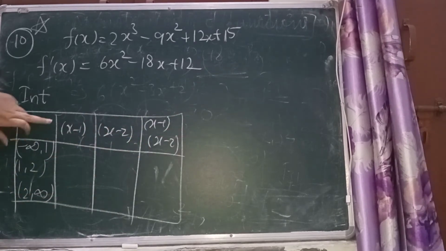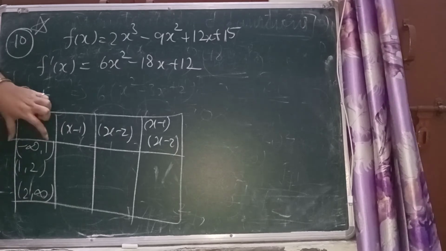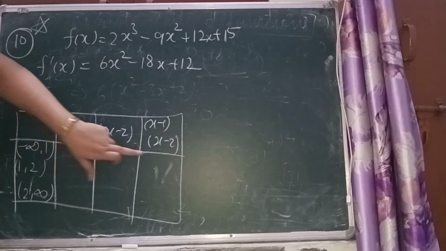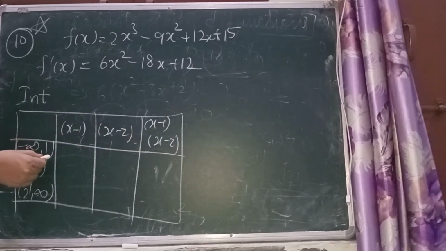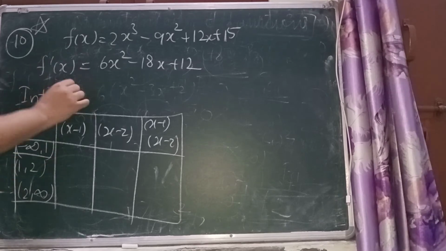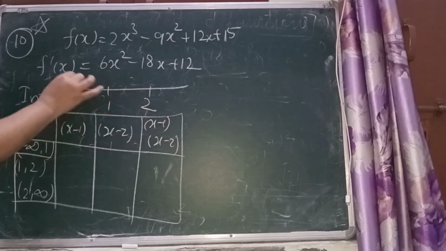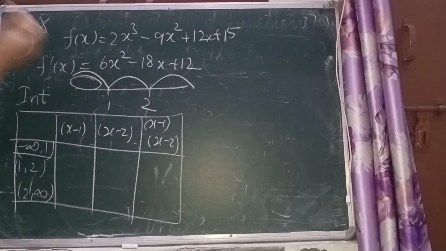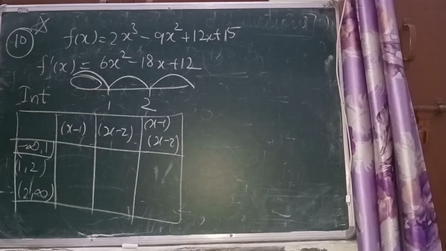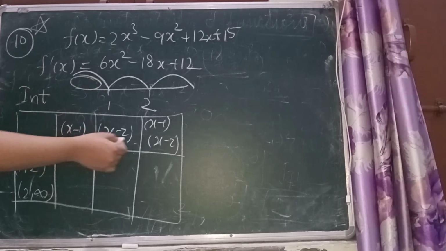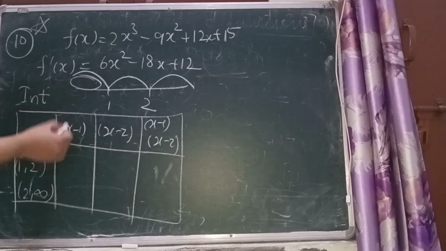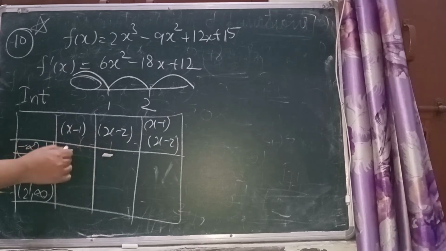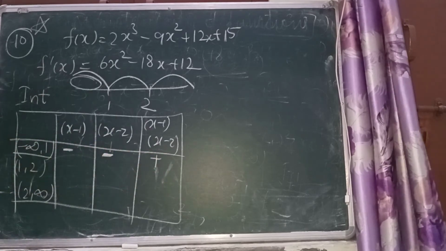First of all, we will find out for this interval whether the value is positive or negative. This is the interval minus infinity to 1. If you want, you can take 0.75 or you can take 1 upon 2. Then you have to determine whether the factors are positive or negative there. Let me consider 1 upon 2 here. I know both factors will be negative, and when both are negative, the product will surely be positive.